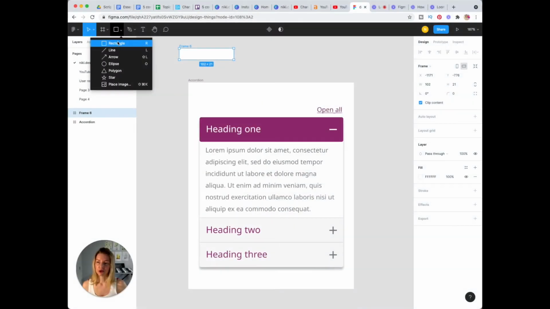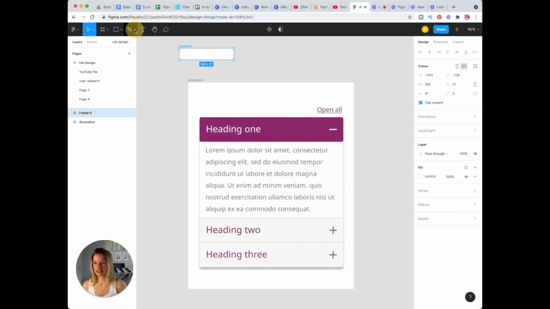I don't remember when was the last time I used a rectangle, because I use frames instead. There are multiple reasons why I prefer using frames, and maybe we can dive into that during another video. But essentially, frames are more powerful. You can have auto layout assigned to frames. So this is kind of good practice to use frames instead of rectangles.